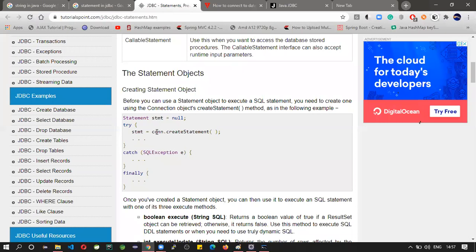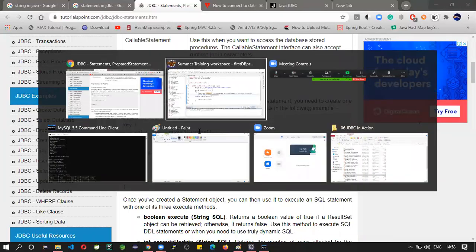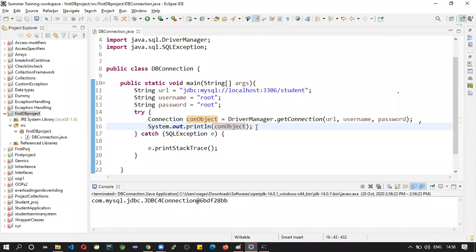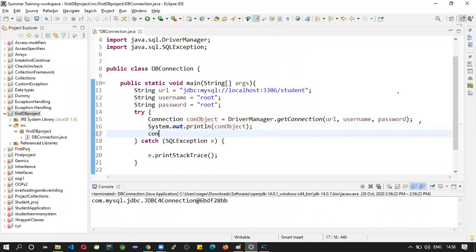See here, how to create a statement object. In order to work with the statement object, first we need to create the object for Statement. So how can we create it?